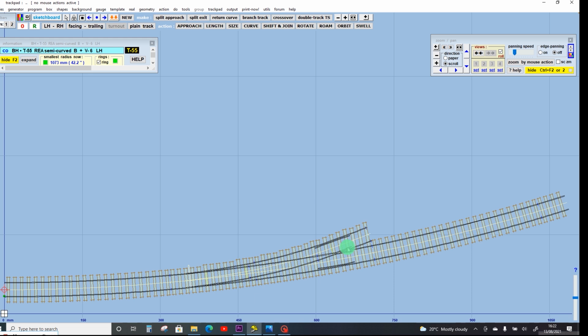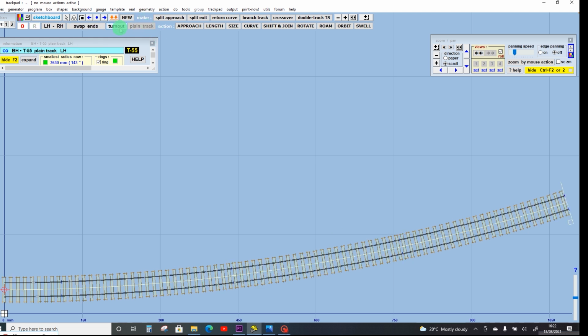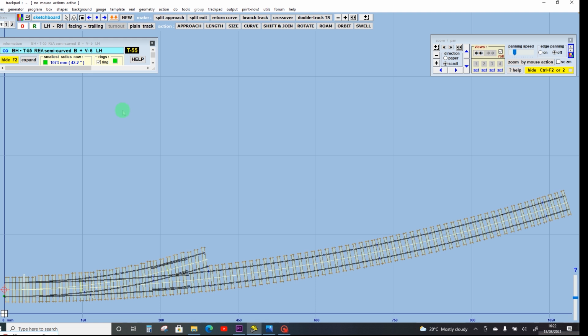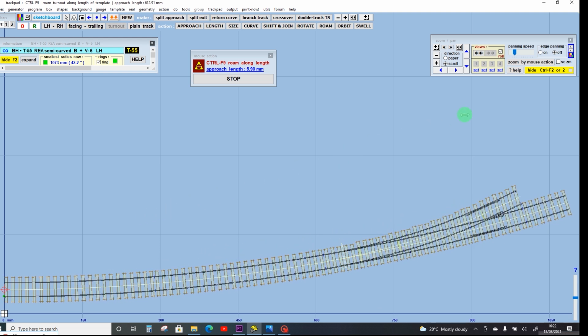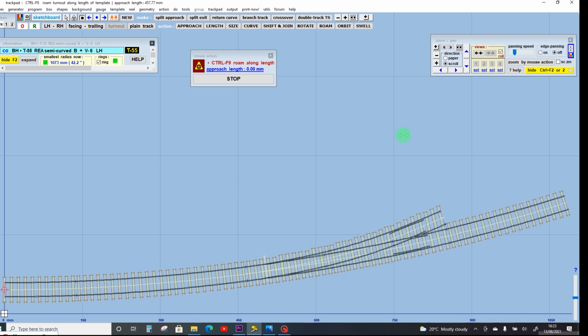Templot uses turnout, so turnout is what I shall use for the remainder of the video. So we've got a turnout on the screen, and as you can see, it's curved. Now, we can do all sorts of things with this. We can change it to a piece of plain track. We could change it back to a turnout, and again you can see the turnout appearing on that length of track. If we hit this button up here, roam, we can, with the left mouse click, move that turnout along